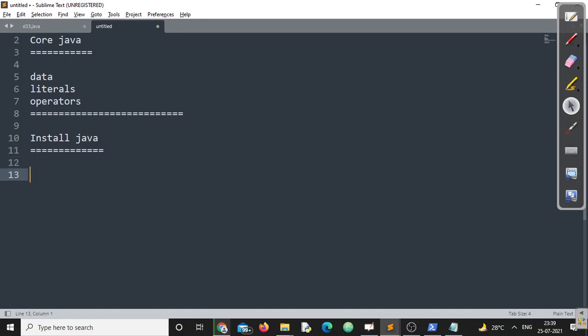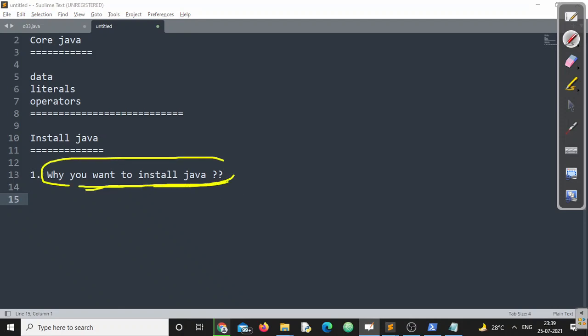Now, before installing Java, two questions need to be answered. First question, why do you want to install Java? You can also ask me, sir, you only told us we should learn how to install Java. Now you are asking why you want to install Java. Isn't this ridiculous? No, the question is, you should be very, very keen about your requirement.